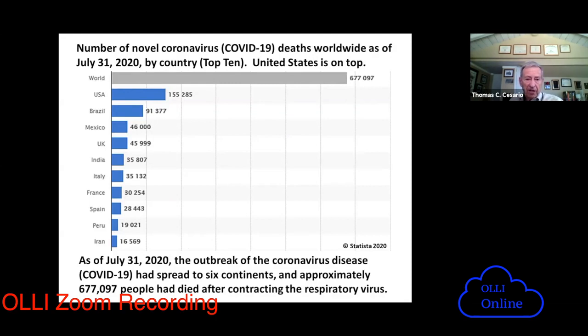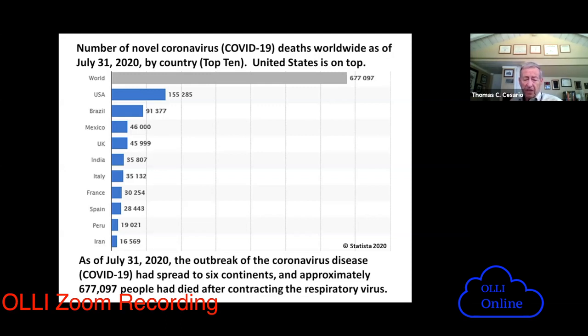So the next slide here, after we look at the mortality rate, is what about in the world? Who's got the most deaths? And you could see we have, followed by Brazil, surprisingly Mexico, and United Kingdom. And then all the rest of the countries after that. Now, many of those countries on that list that have had high death rates actually have more or less controlled the virus. We have not.